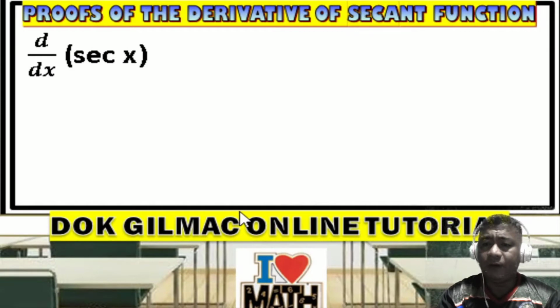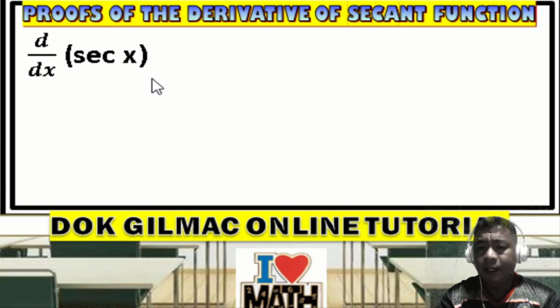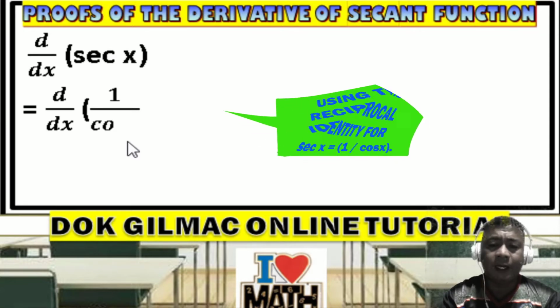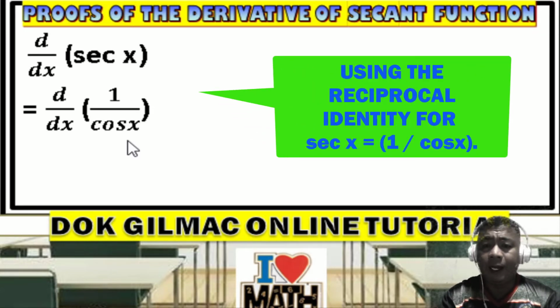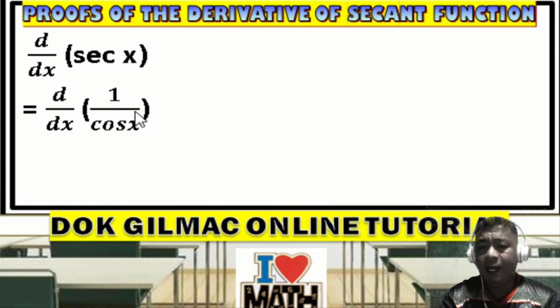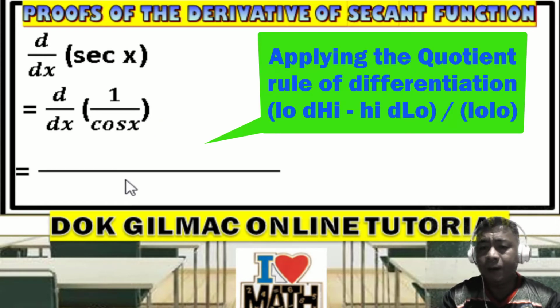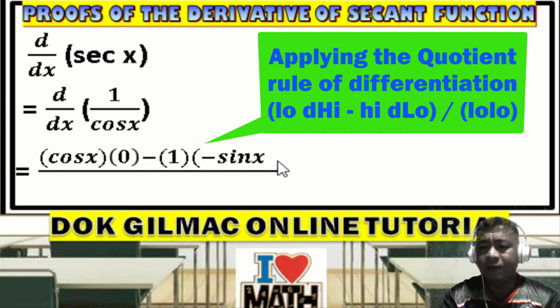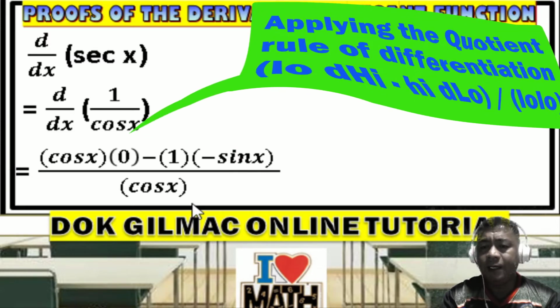Consider the proof of the derivative of secant function, d over dx of secant x. This can be written as d over dx of 1 over cosine x, applying the reciprocal identity for secant x, which is simply equal to 1 over cosine x. Applying the quotient rule of differentiation, low d high minus high d low over low low. So this is simply equal to cosine x times 0 minus 1 times negative sine x all over cosine x quantity squared